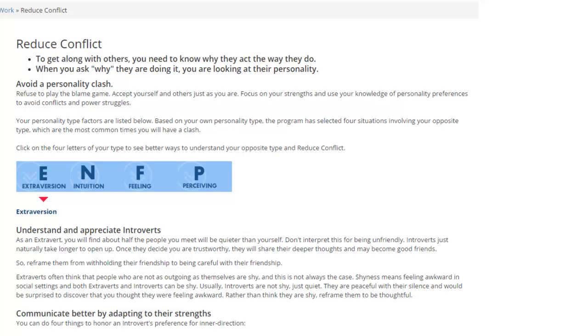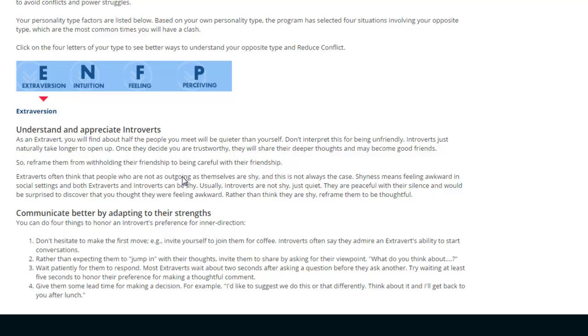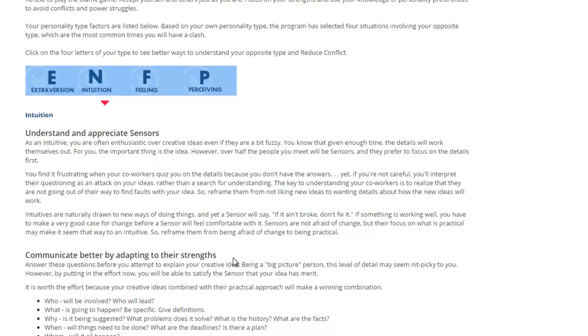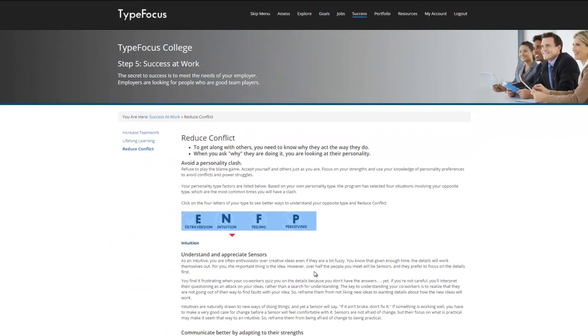So she is an ENFP in the program, so it talks about understanding and appreciating introverts, communicating better by adapting to their strengths. Intuitives understand and appreciate sensors better, communicate better by adapting to their strengths. This is an advanced employability skill that bears a lot of fruit for the people who become really good at interpersonal relationships. The 2 videos,